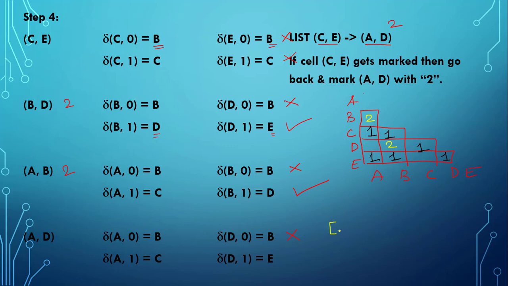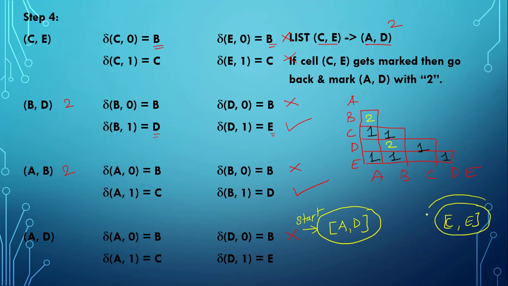So we have the cell A, D as unmarked, so we can merge this cell and form it as 1, and here A was our start state, so it will remain that. And E and C, and E cell gets marked, so this will also become our final state. So C and E both were final state, and we will be left with B cell, B state.